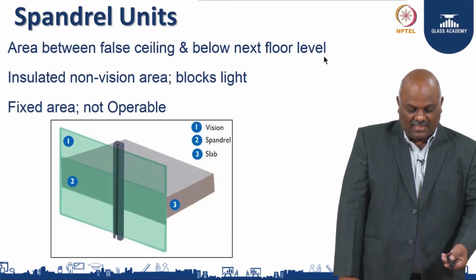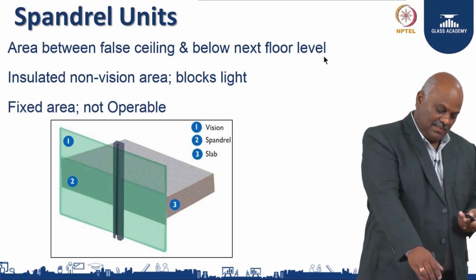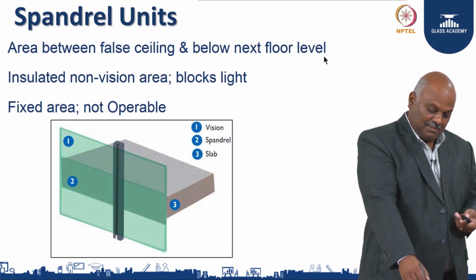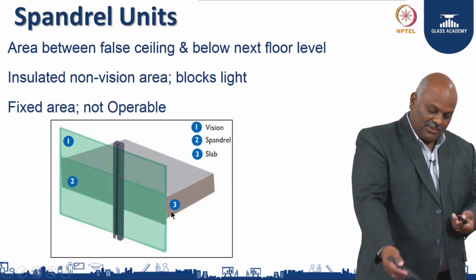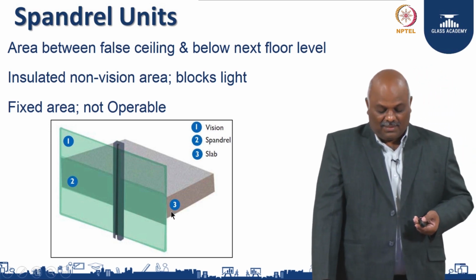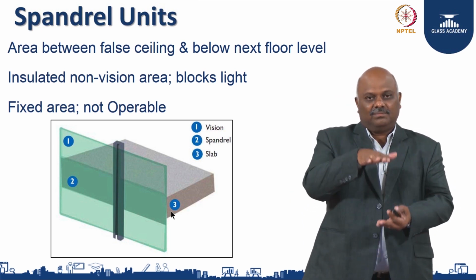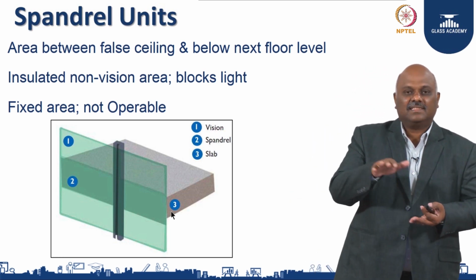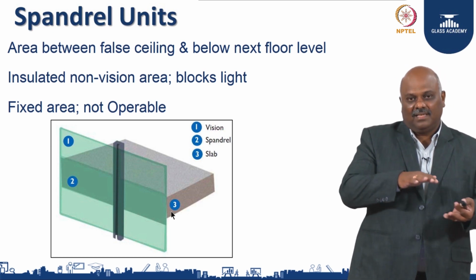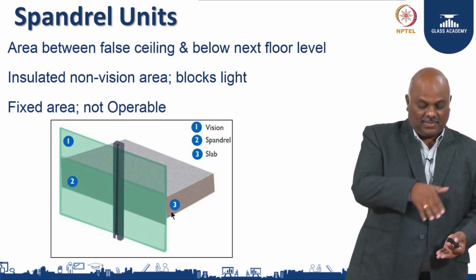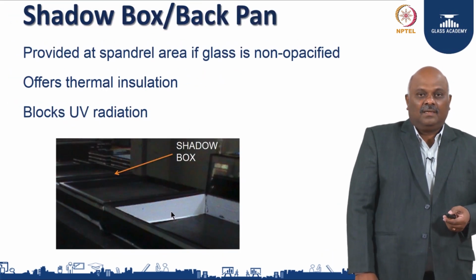So, non-visible area which is called spandrel, like you see here, whatever is visible where you can see through is called vision, simple. Whatever is non-visible you call it spandrel. Okay, this is where you can't see through, but you want to contain something behind, like a slab, like a beam, or all your details. This is where the spandrel panel happens.